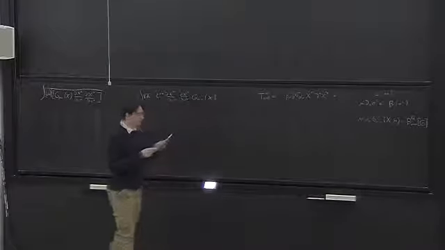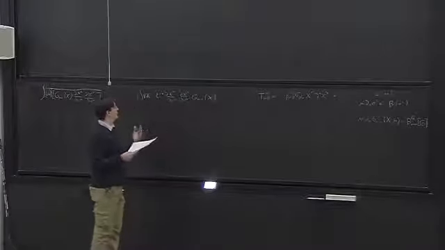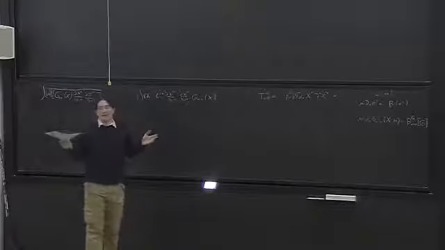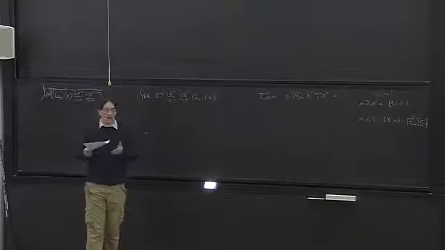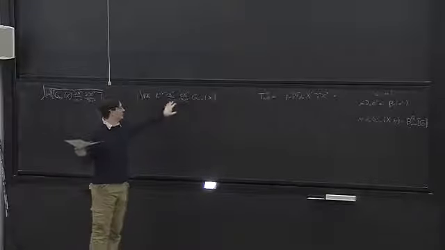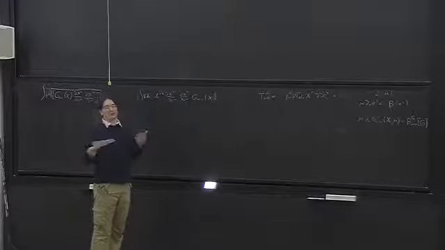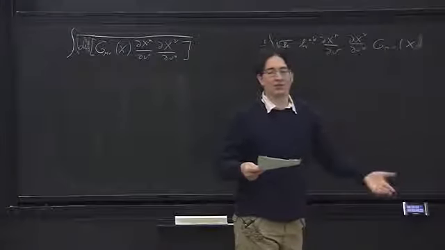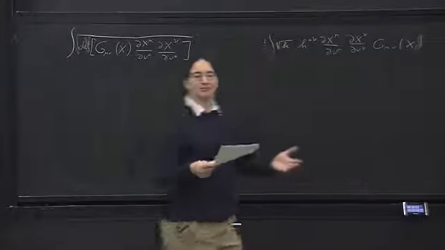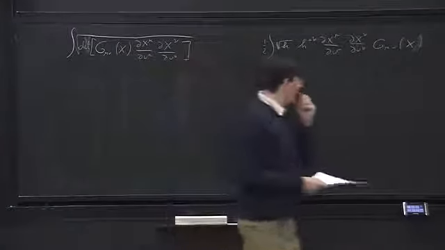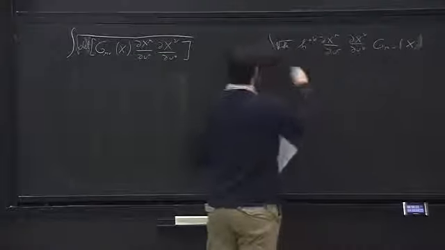So what you can do is to say, okay, I know that when the metric is flat, my theory is scale invariant, quantum mechanically. So perhaps I should try to do some sort of expansion in curvature, because the curvature is a dimensionful quantity. You can do that by just introducing